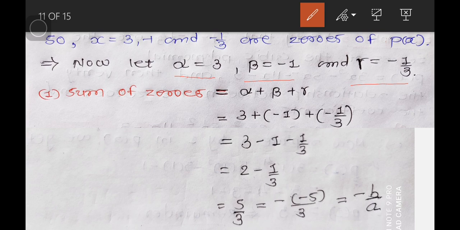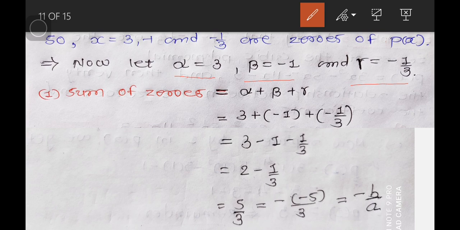So alpha is equal to 3, beta is equal to minus 1, and gamma is equal to minus 1 over 3. Now the first relationship, that is the sum of zeros, alpha plus beta plus gamma, which is equal to 3 plus minus 1 plus minus 1 by 3, and we get 3 minus 1 over 3, that is 3 minus 1 is equal to 2 and minus 1 over 3,